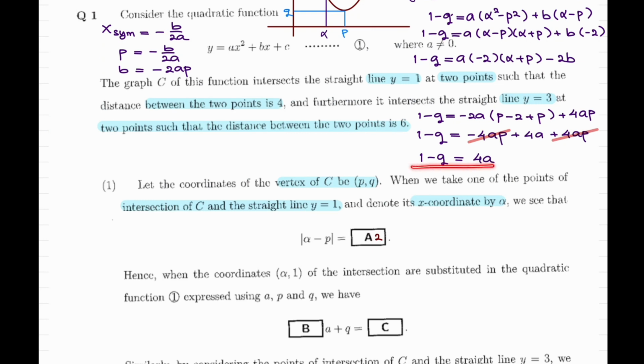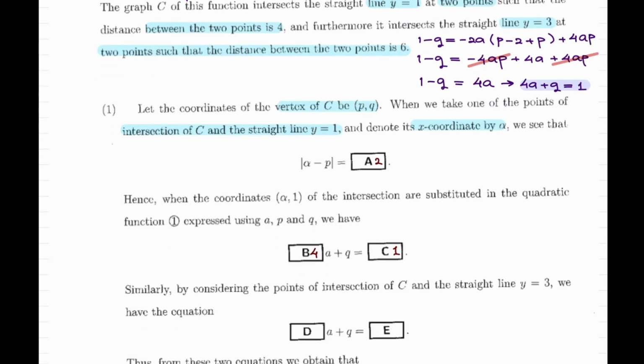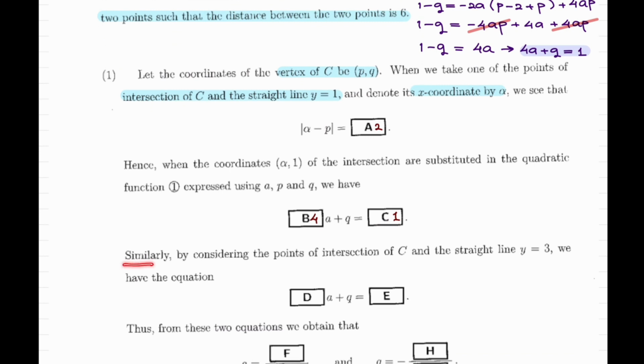We can rearrange this into 4a plus q equals 1. This is the answer for letter B and letter C. So B equals 4 and C is equal to 1. We already get B, which is 4, and C, which is 1. Okay, next, similarly, by considering the point of intersection C and the straight line y equals 3, we have